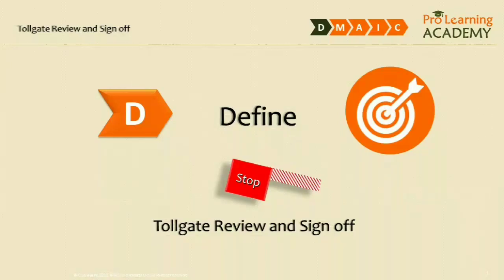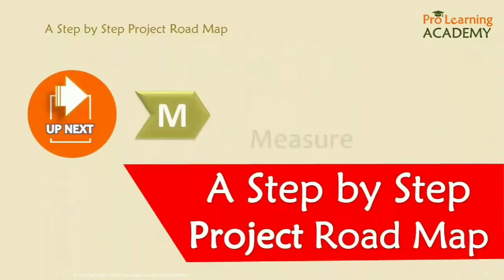Once the review is successfully completed, you get the sign off from the stakeholders and you move on to the measure phase. We will look at the measure phase separately. We will have a step-by-step Lean Six Sigma DMAIC project roadmap that will help every project manager to complete the project,